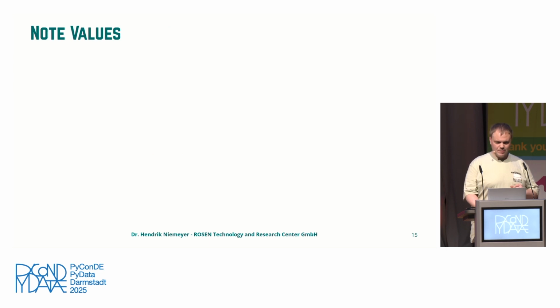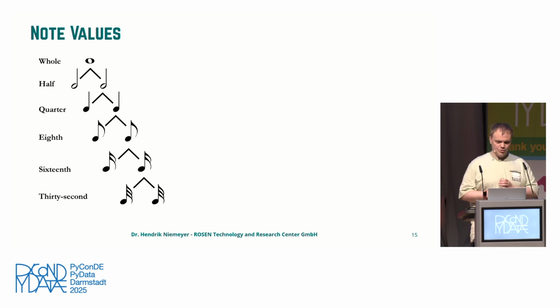So I've taken some excerpts of this book, and one thing I find very important to know is what note values are. We talked about the pitch, so the frequency of a note. Now we have to talk about the duration. This is usually done in a hierarchical order where we have one note, like for example a whole note, which is the same time as two half notes, and a half note is then two quarter notes, and so on. So it's a system in order of two. And this we also give in the end to Music 21 as input to be able to describe music.